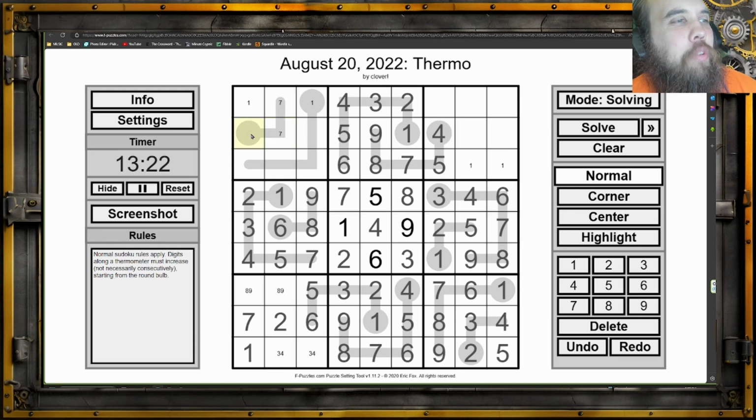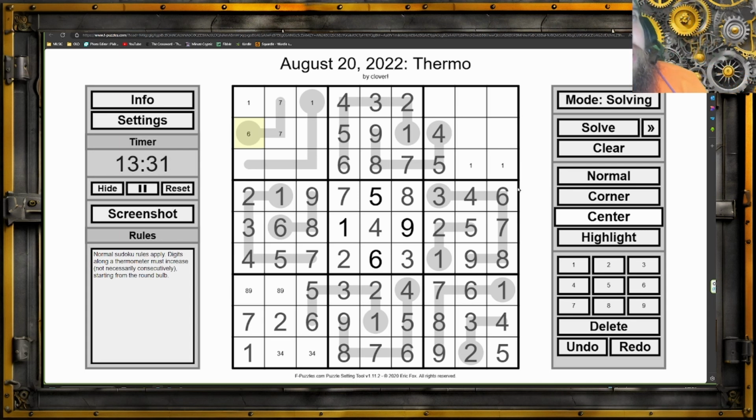What could this be? This can't be 1, 2, 3. Hold on, this can't be 1, 2, 3, 4. So it can't be 5. The lowest number this can be is 6. That's interesting. So if the lowest number this can be is 6, then this would have to be the 7